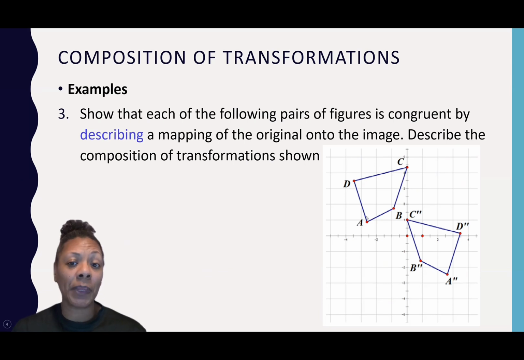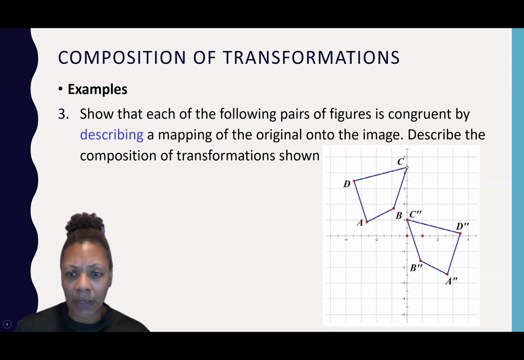So my strategy would be to find any one of these points and try to match it with the double prime coordinate. So for me, C looks like it's fairly simple to match up. So if I'm looking at that, all I would have to do is translate down. But because this graph is not specifically on a unit tick mark, I'm just going to say translation, but normally you would have to be specific and say like translating 3.5 units down, something like that. So here what I'm going to do is just translate down, and then I'll notice if I did that for each one of my points,